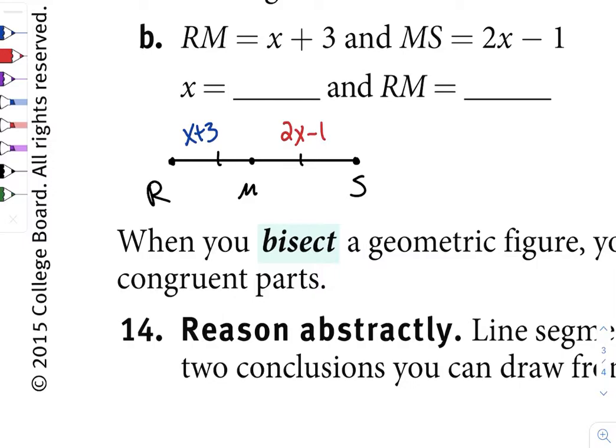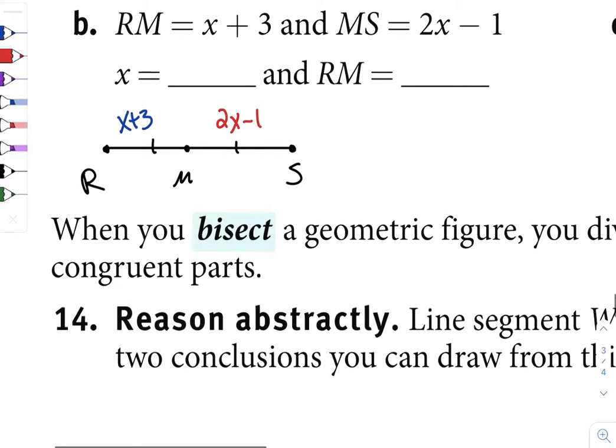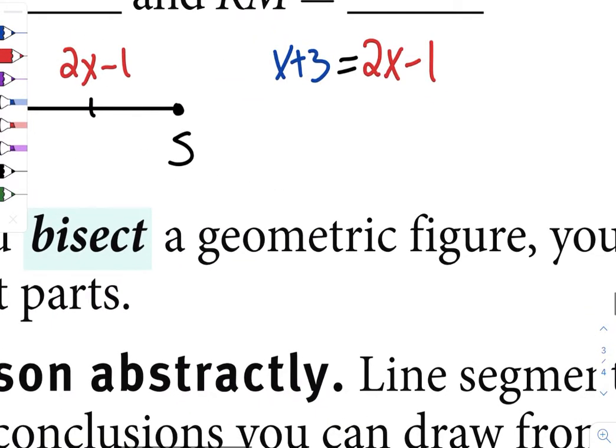So here they're giving us an expression for both halves. One half is x plus 3. The other half is 2x minus 1. And the only thing we know about these two halves is that they're the same. They're equal. So I'm literally going to take each of these expressions and set them equal to each other. That's the only thing we know at this point, is that these two halves are the same. So if they're the same, I can set their expressions equal to each other, and then I can solve for